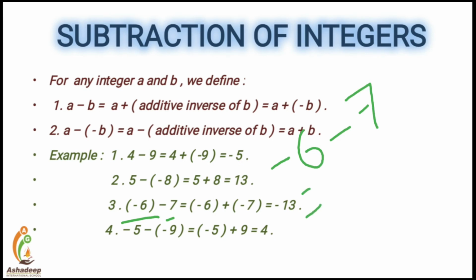So generally what we are considering, the sign lies just before the number is the possessing by that number. अगर किसी नंबर के आगे कोई साइन है तो वो उसी नंबर की ऐसा हम कंसिडर करते हैं. तो यहाँ पर हम माइनस 6 प्लस माइनस 7 भी लिख सकते हैं.